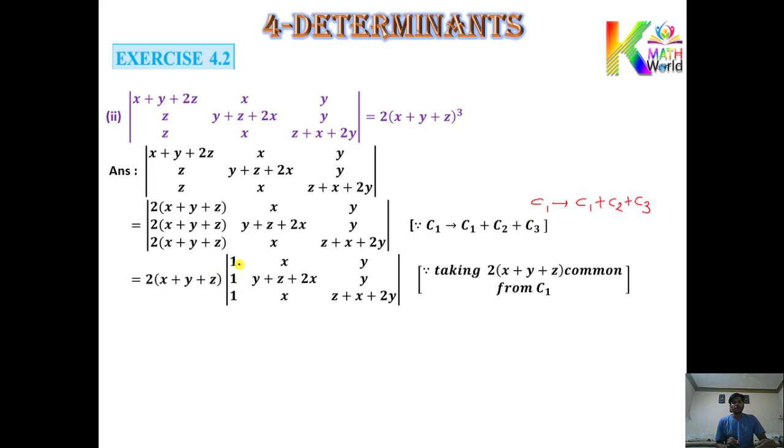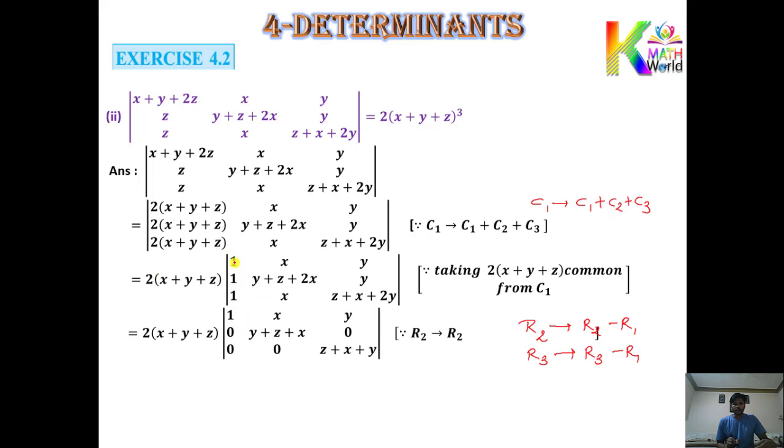So how do you get 0 here? If you subtract this first row from the second row, then here it will occur 0. Same way, if you subtract this first row from the last row, then here occurs 0. It means now, to set 0 here, on R2 you have to subtract the first row. Same way on R3, you need to perform which operation? On R3, again you need to subtract the first row. It means you can say R3 minus R1. So performing this operation, the first row you can see unchanged, while the second and third rows will change.